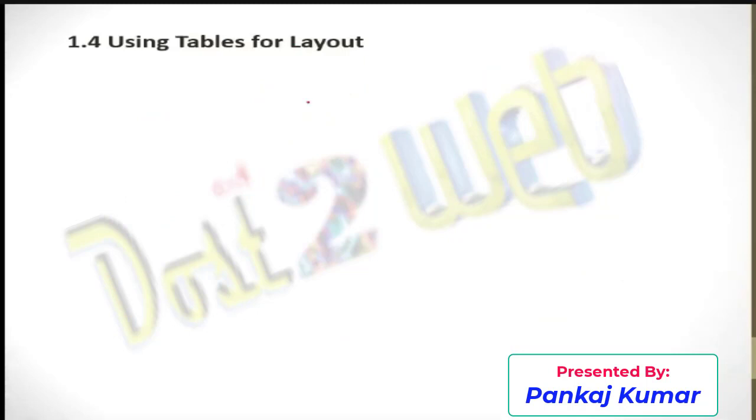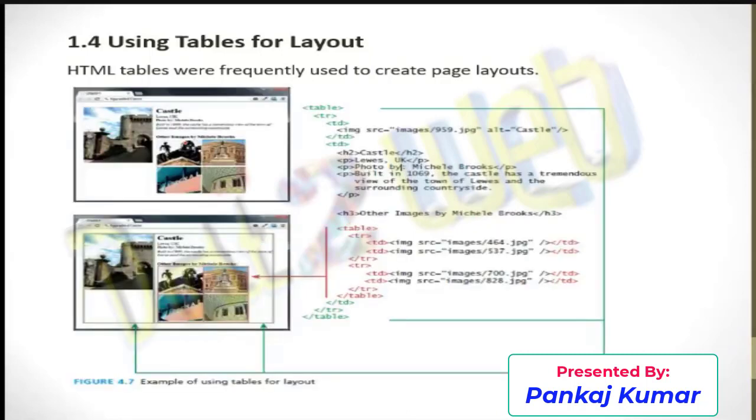Using tables for layout. We know that whenever you create an HTML page or web page, definitely there will be a table. Every web page will have a table. Like if you are creating a picture gallery, you can see the example here. I have a big picture here, and again I'm using 4 pictures here. If you want some border, something like this, then this is actually created with the help of a table.